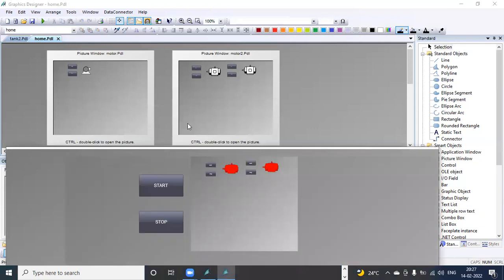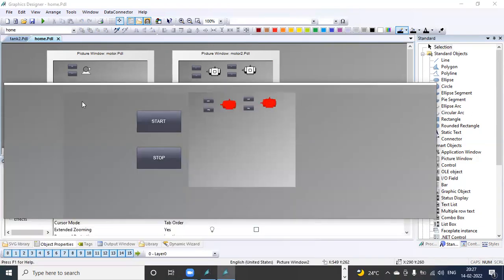See, in the first picture window I selected adapt size, so this first picture window is adapting the size of the picture. That's the main window, that first window. Whereas in the second picture window, I selected adapt picture, which means this window is set within this small size window. In picture window two itself it is showing. So there is a difference here between adapt size and adapt picture.